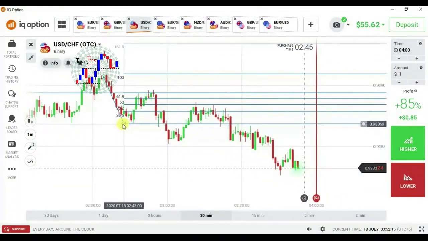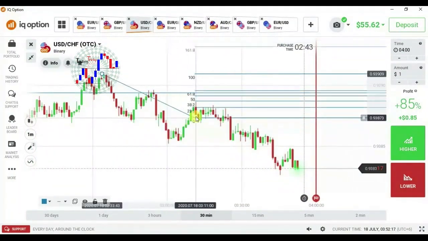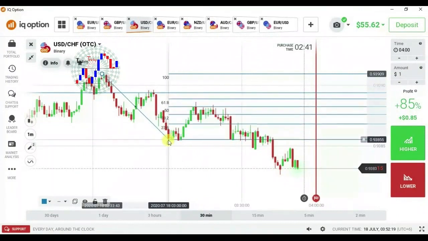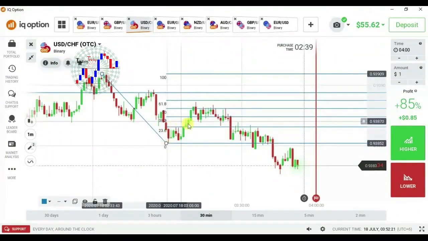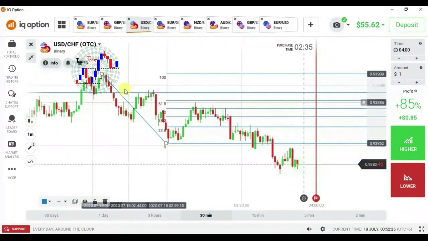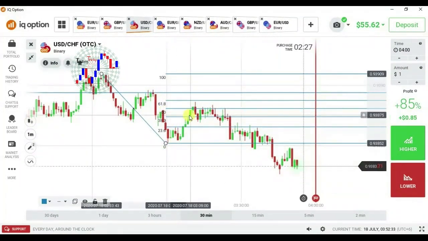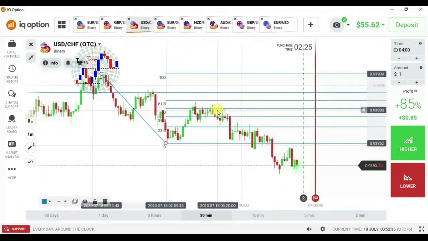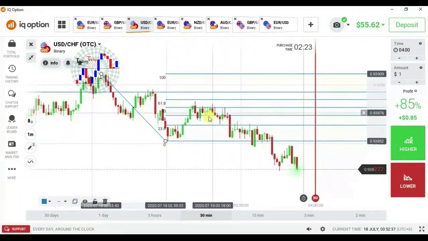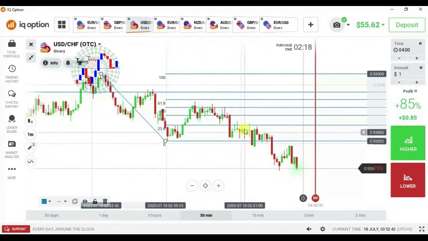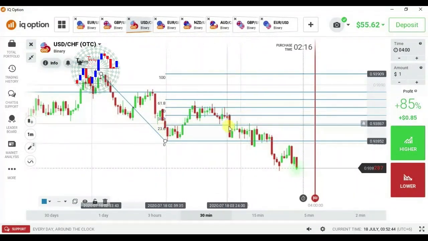And if you think the market is something like here, now you can draw the level from here, because this is the highest price and this is the lowest price, and this is just a correction. So you can follow this level. So here you can see this 50 level worked, but here I don't see everything work well. This is a breakout candle at the 23 and it